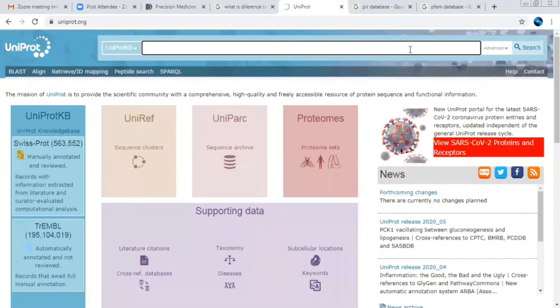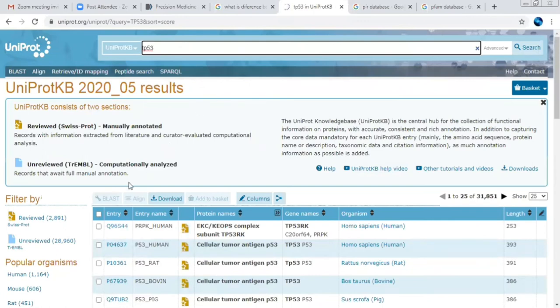And now we are going to search one particular protein from here. You can see different options they have provided over here, like peptide search. If you are a beginner and you don't know how to search in this database, you can search any keyword from here. I will search the same protein, the gene name, from here, and it will give you a protein search with respect to that. Here you can see I have searched TP53, and based on the TP53 search, they have provided me the protein name for that.